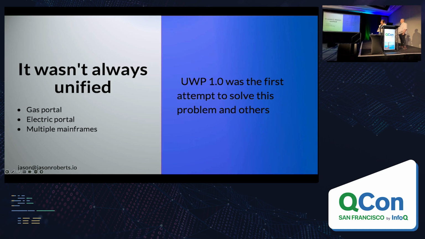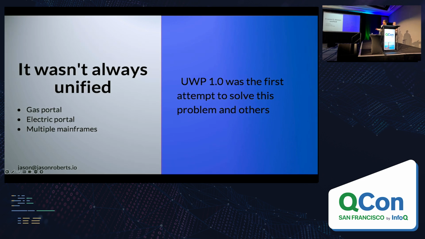So the word unified is interesting because National Grid is a regional utility provider. It delivers both gas and electric service. And over a period of years, they've acquired a lot of companies, divested some, but through these acquisitions and these providers, in order to continue business continuity, we've ended up with more than one system of record for billing systems.